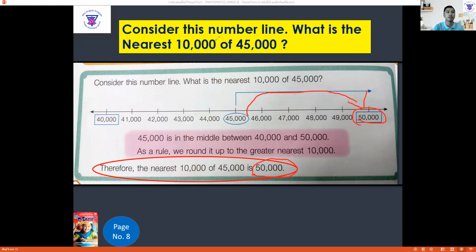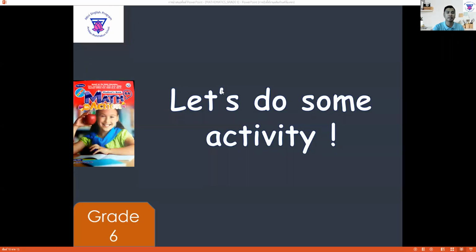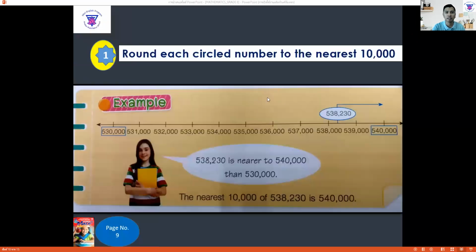Okay, students, so now let's go to the next slide. Let's do some activity. On your book, or worksheets, you can answer this one. Round each circled number to the nearest 10,000. Okay, so this one,